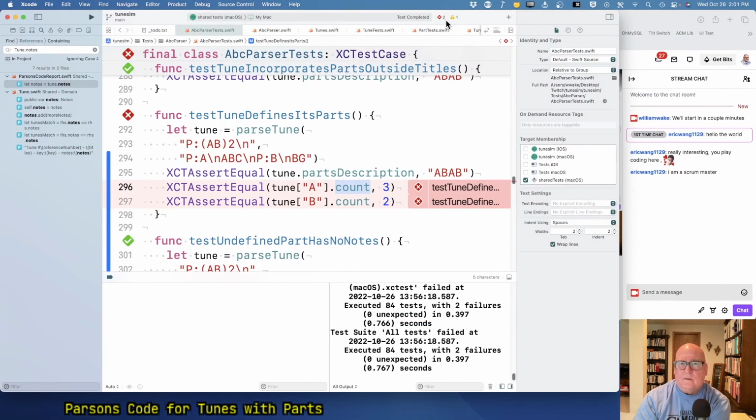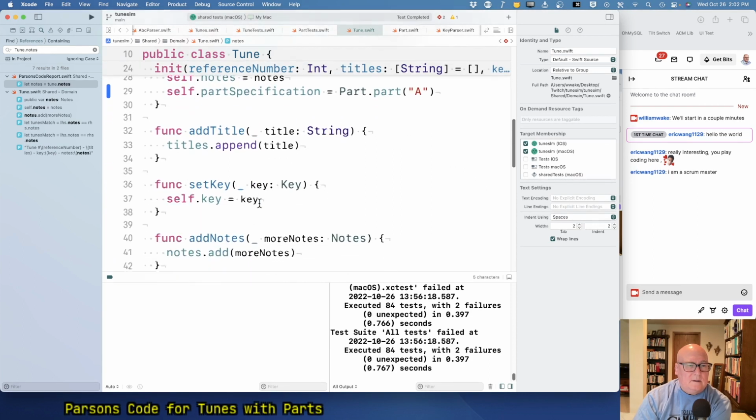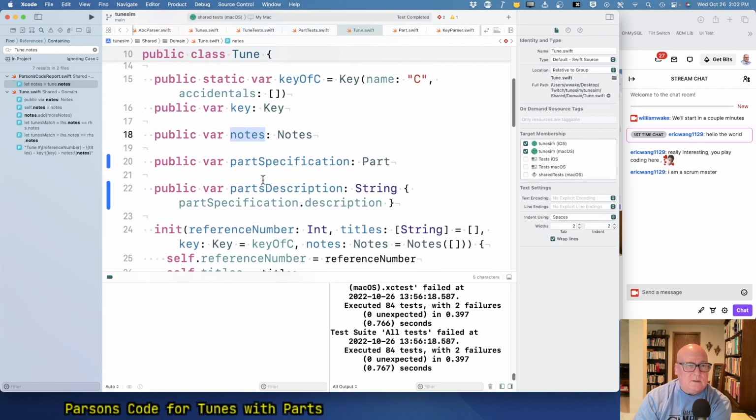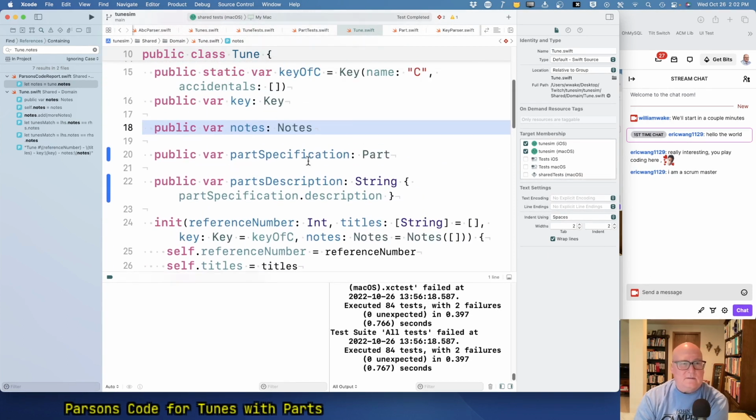Okay, what can we do? I want to make this neutral and not break any existing stuff. Okay, so let's go back to tune. And notes, it's really like a, okay, let's define